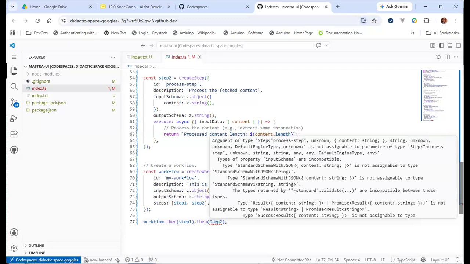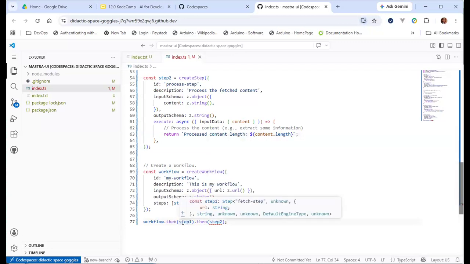So the reason why we are having this type incompatibility is that we need to repolish the response from step 1 to fit into the input schema of step 2. The input schema of step 2 has content. So I need to polish it first.